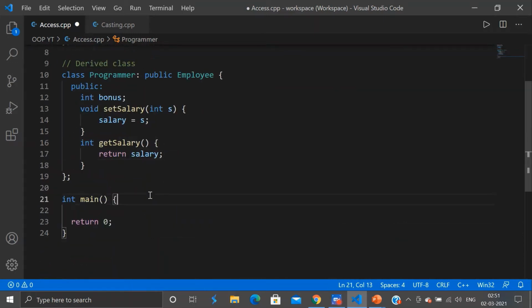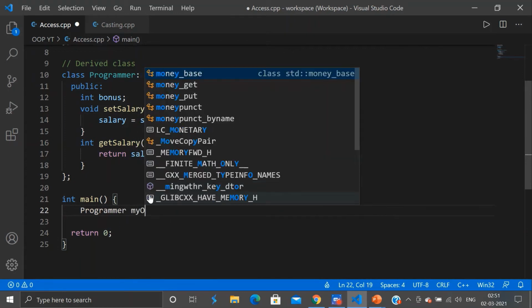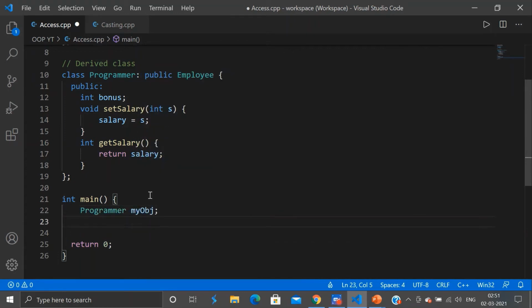And then I will create an object for my class programmer, and I will call my set method and set its value to 5000. Similarly, I'll call my bonus attribute and set its value to say 1500.